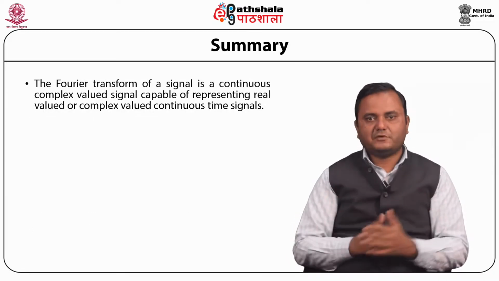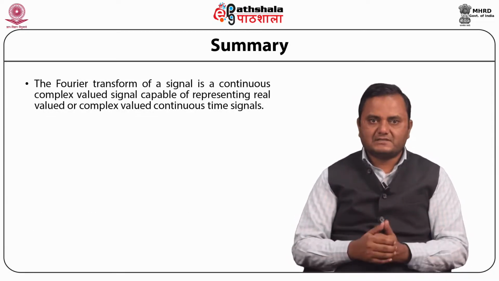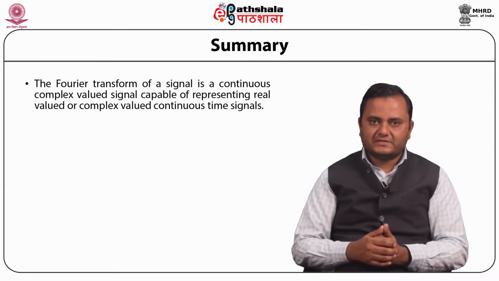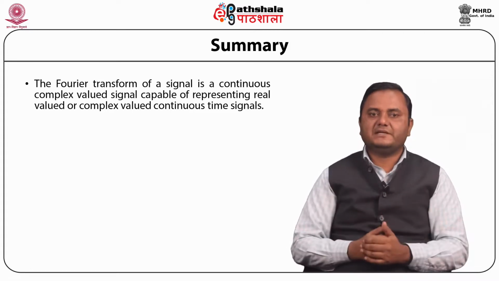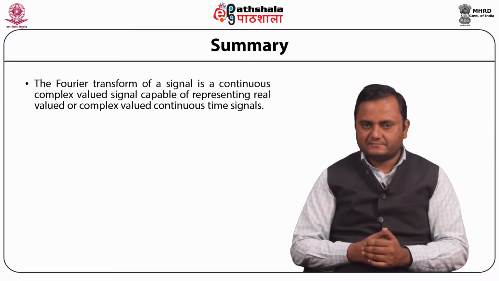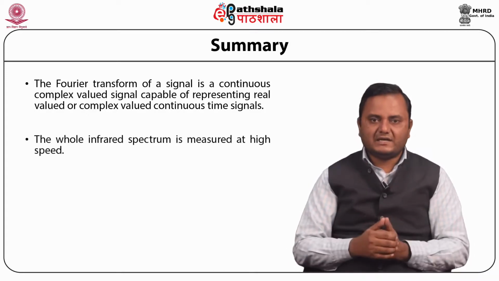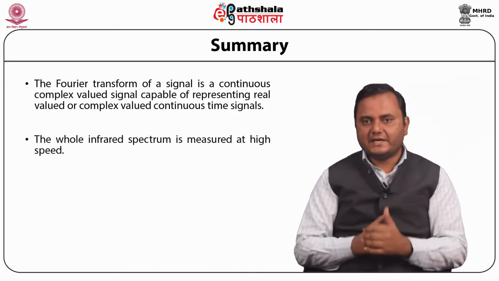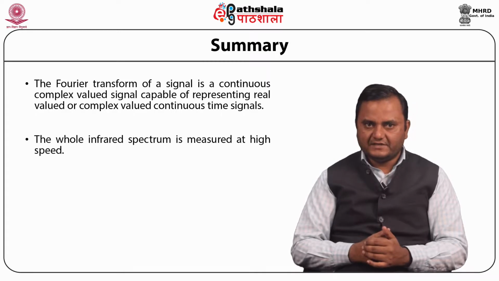The Fourier transform of a signal is a continuous, complex valued signal capable of representing real valued or complex valued continuous time signals. The whole IR spectrum is measured at a high speed by FTIR,